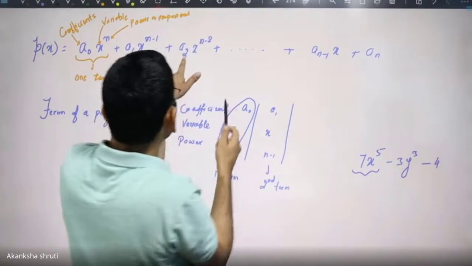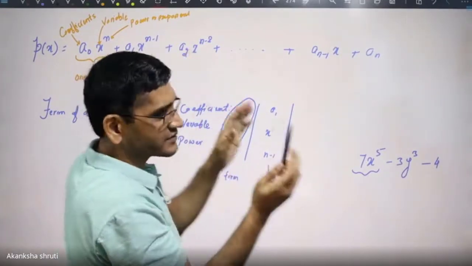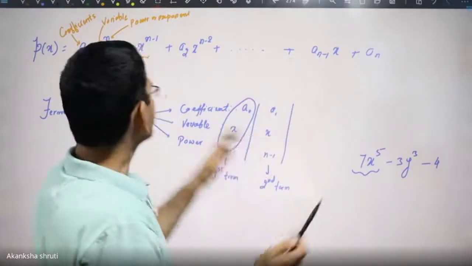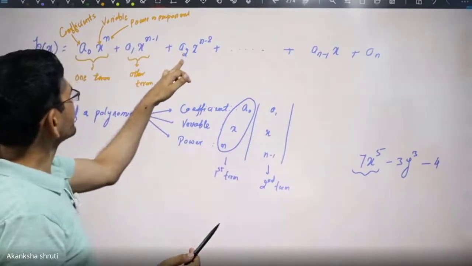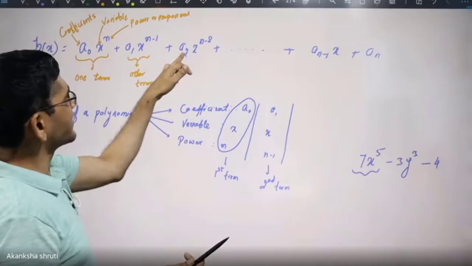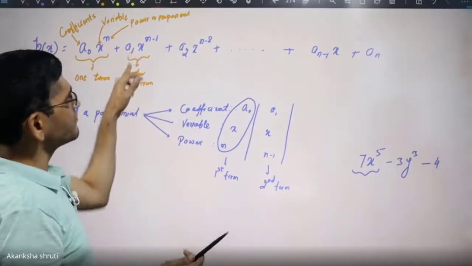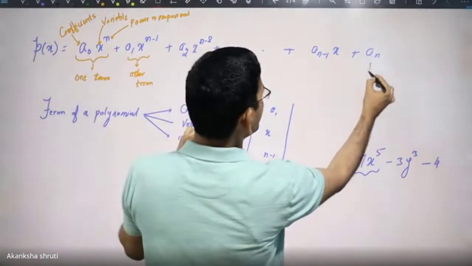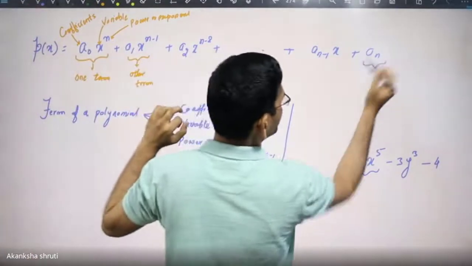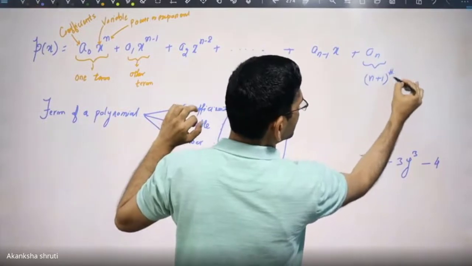So here whatever suffix is with this A, that is just acting as one term before, or one term after. It is one term after. So this is the third term, but the suffix is 2 only. This is the second term, suffix is 1 only. So this term will be your n plus 1th term. This is total n plus 1th term.